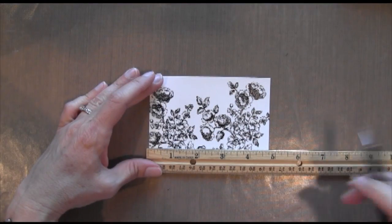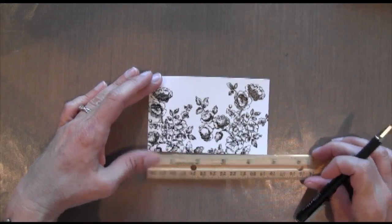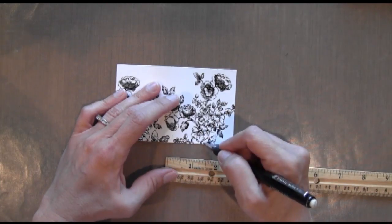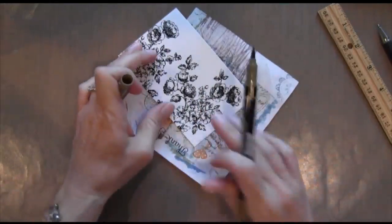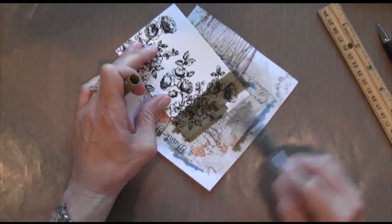Okay, next I'm going to mark this into 4 equal parts. It's a 4 3/4, so it took me a little while to figure out exactly what the 4 parts would be, but they're 4 equal parts. And then I'm going to take 4 different colored markers, and this looks really fast, and actually is very fast